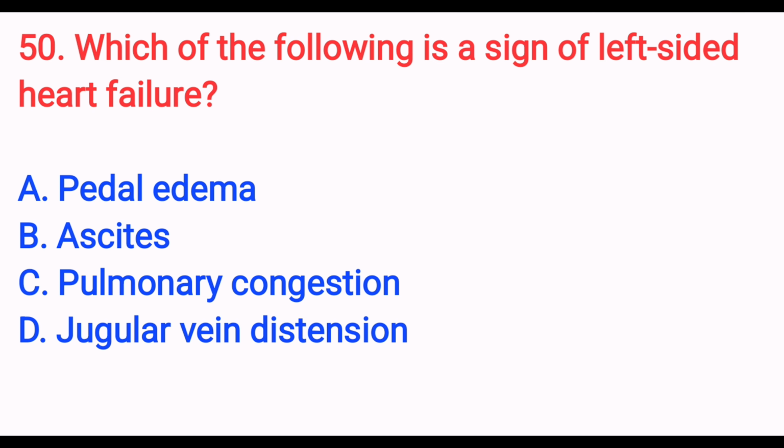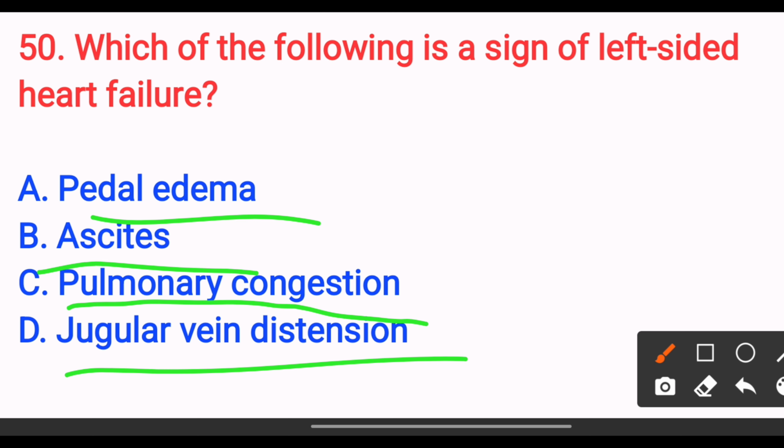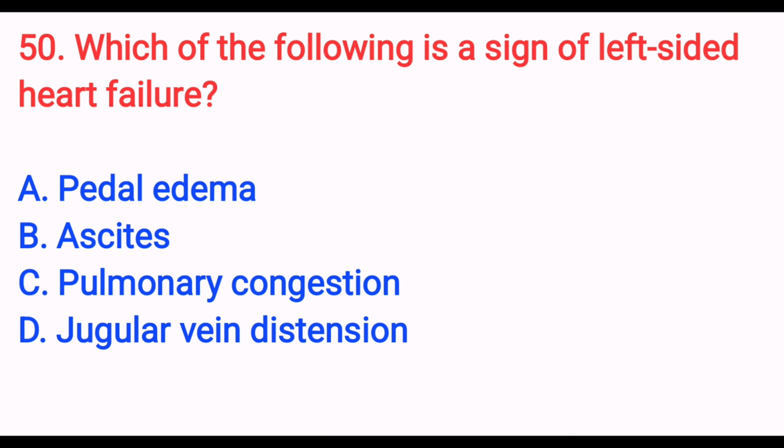Which of the following is a sign of left-sided heart failure? Option A pedal edema, option B ascites, option C pulmonary congestion, option D jugular vein distension. The answer is option C pulmonary congestion. Left heart failure increases pulmonary venous pressure, causing dyspnea and lung crackles. So the answer is option C pulmonary congestion. Next,